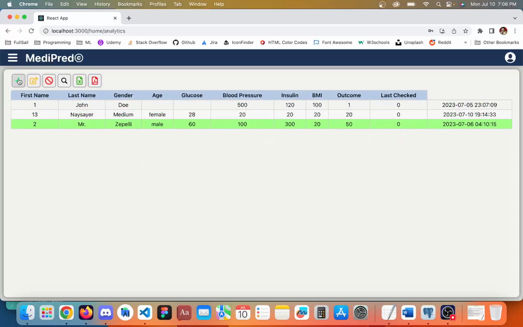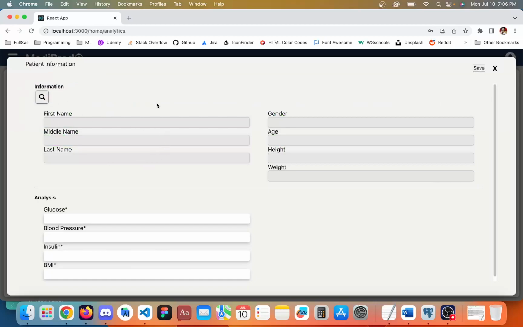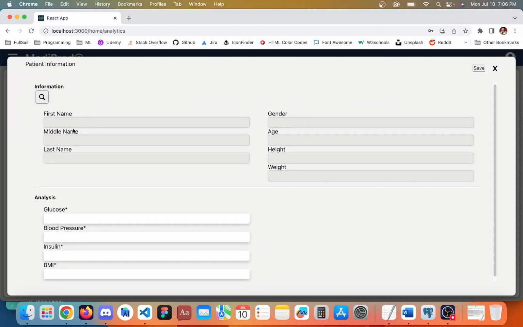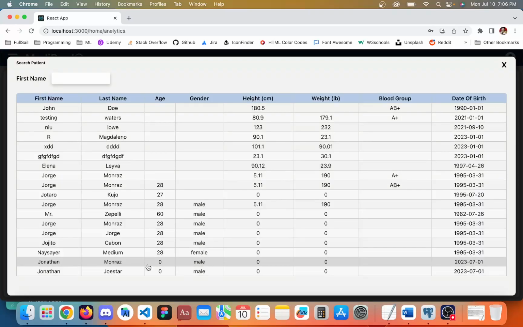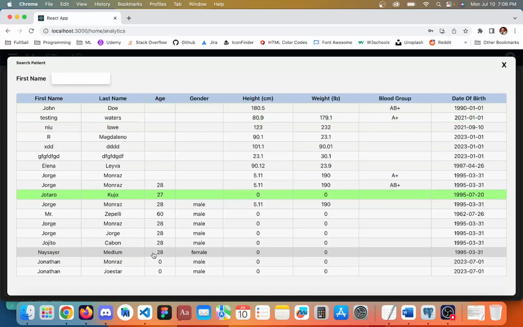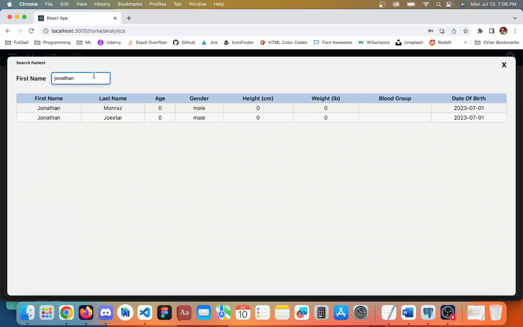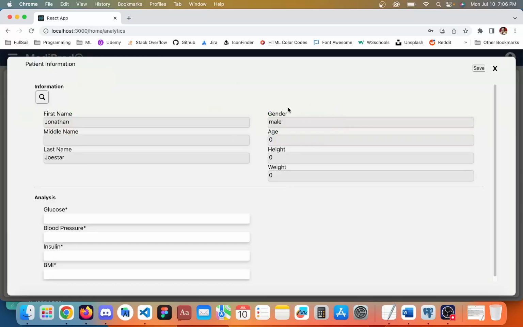So for example, if I click on the plus sign, in here I have a different form. This is where I make predictions. If you see, everything is in blank because I need to search for a patient, but if I were to leave it blank, the system is going to tell me no patient selected. So I just click right here on the search icon, and then I can choose the patient that I want to make a prediction on. Also right here I can search by the first name. So for example, I'm going to do Jonathan Joestar, and I just double click,